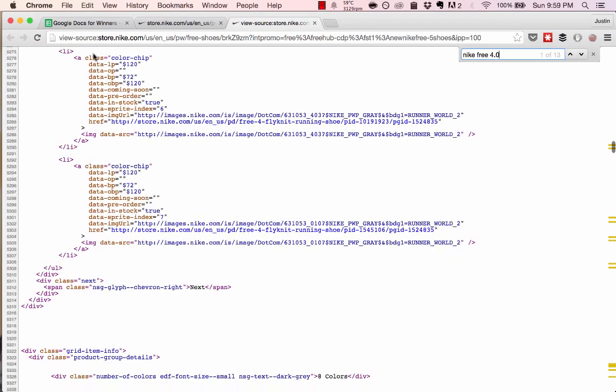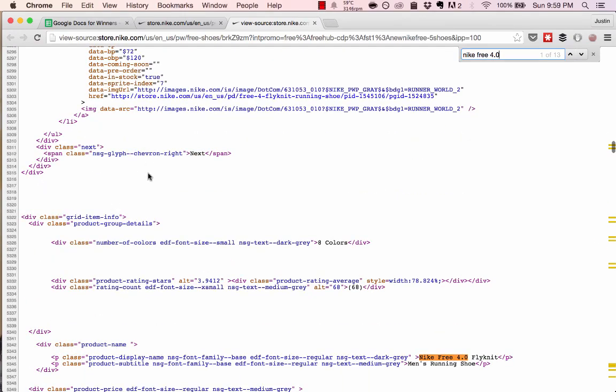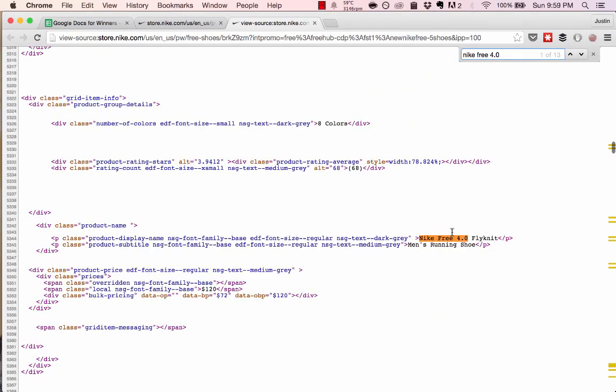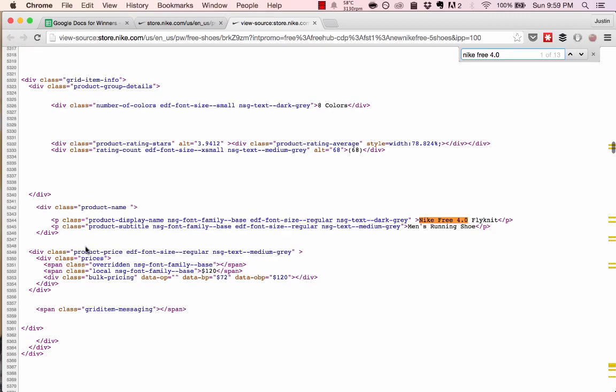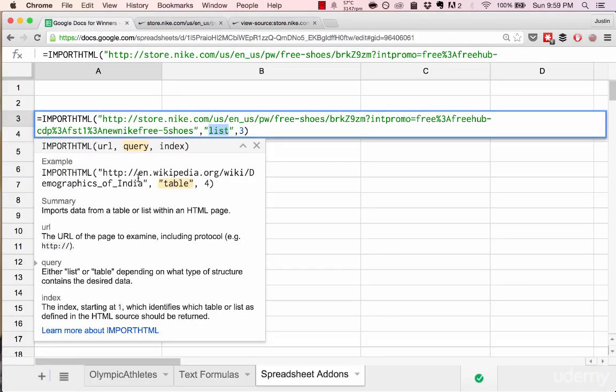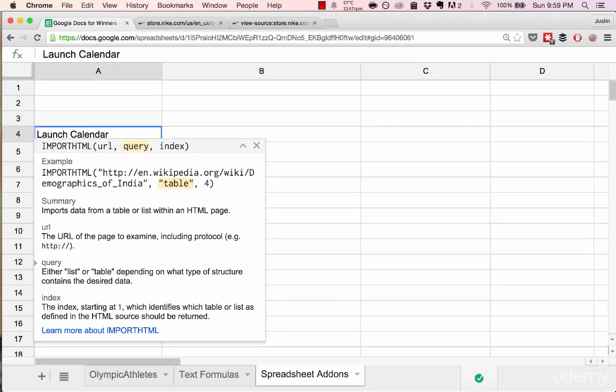So this is pulling in data from a list. This is not. The Nike Free 4.0 Flyknit, you can see it's set in a paragraph tag. It's part of a div class named product name. And we could easily pull this in using ImportXML